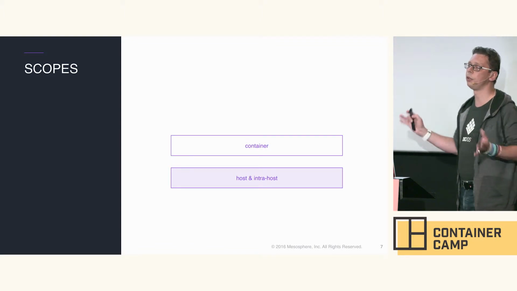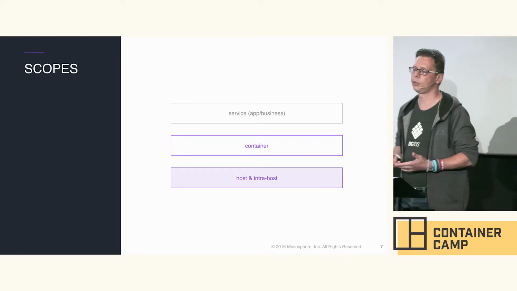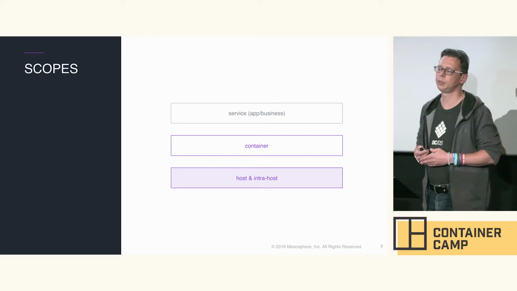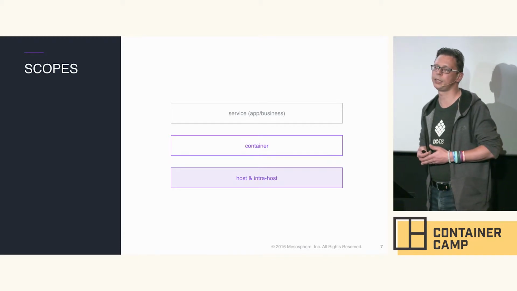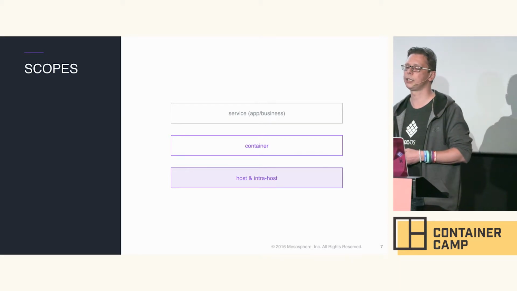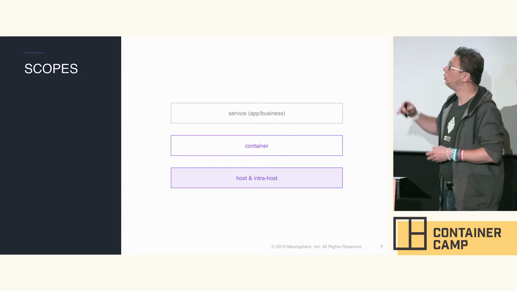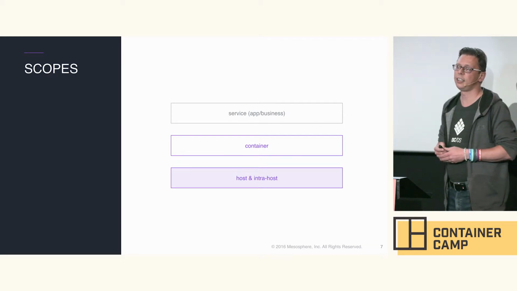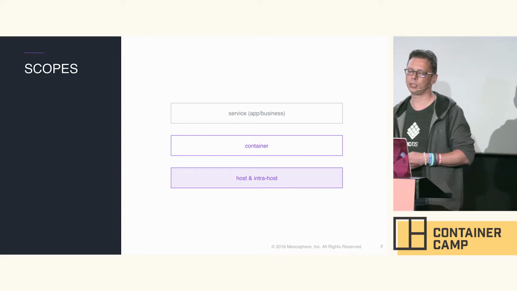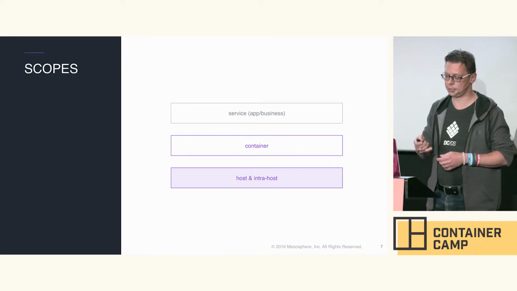Then you've got the level of the containers themselves. We'll get back to that in a moment as well. And then you have to think about the service itself, so things like application or service-specific things like, I don't know, served requests per second or whatever, and also business metrics, I don't know, number of transactions you can do per hour, whatever. Not all of these levels are equally easy to test and to cover, but it's worth it to be aware of where exactly you are in this stack.